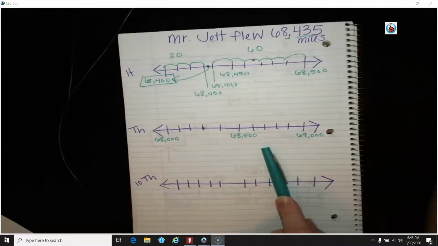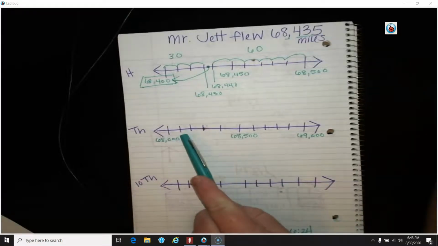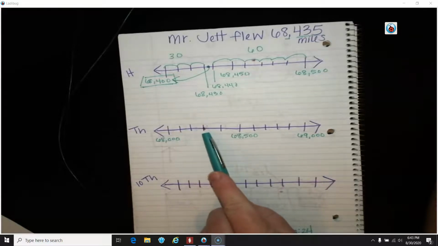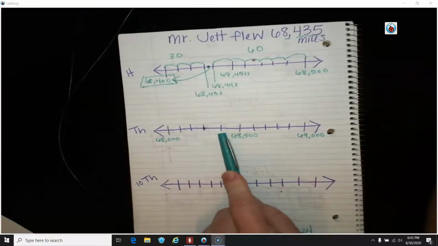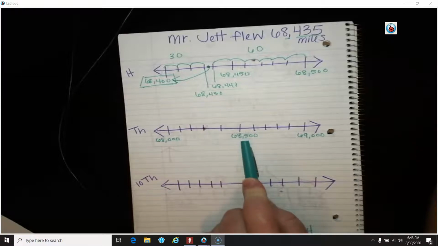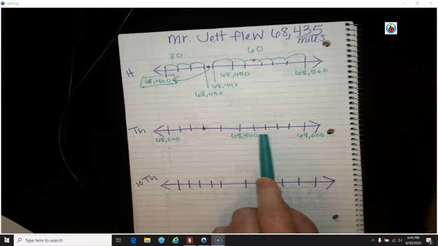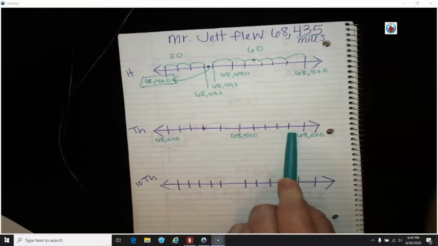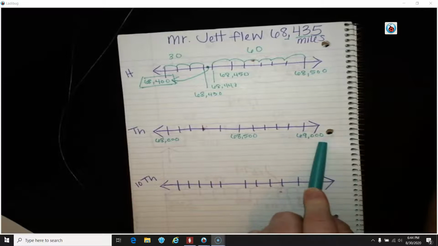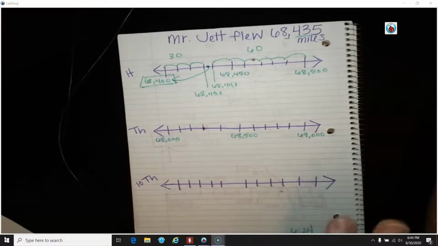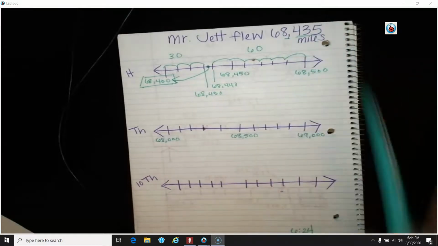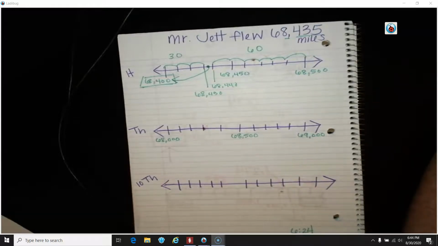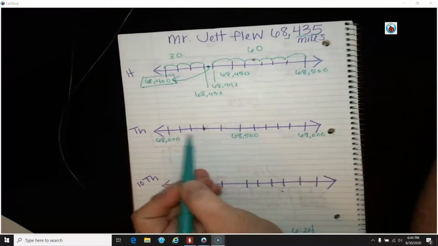is 100. So 68,100, 68,200, 68,300, 68,400, 68,500, 68,600, 68,700, 68,800, 68,900, and then we reach our next 1,000, which is 69,000. So now we've got to figure out where this number goes on this number line. I'm thinking about which hundreds this number is between, because that's where I'm going to place it on my